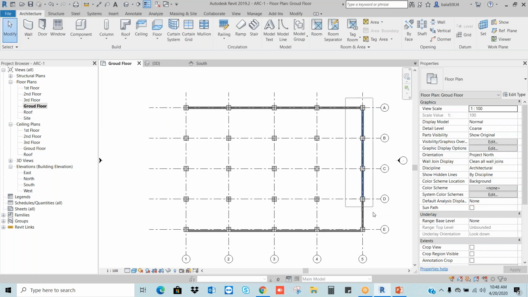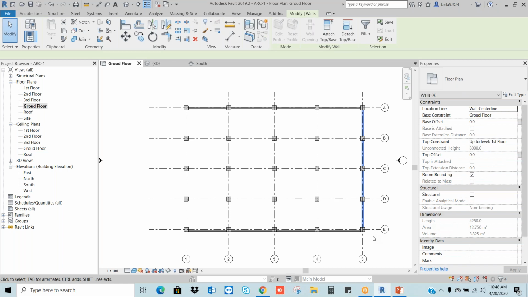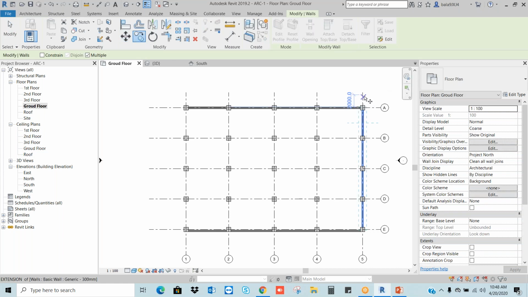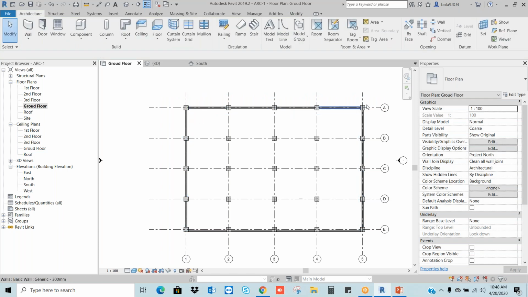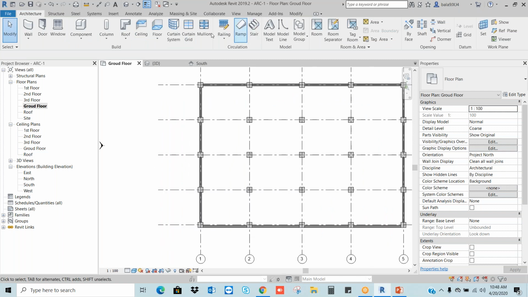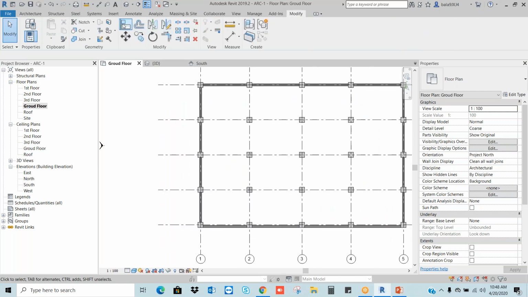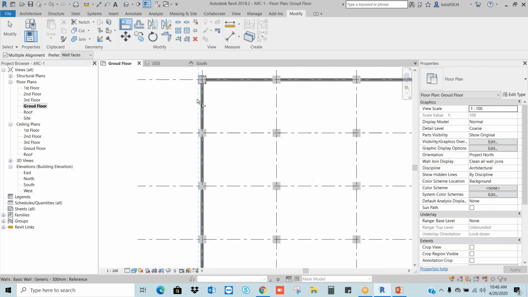Instead of doing like this, can I copy it? Yes, I can copy. When I select this wall, go to the copy, first point, parallel to the second. Now I created exterior walls. Okay, I want to align this. Go to the modify, align. I will choose the multiple alignment, edge to 1, 2, 3, 4.